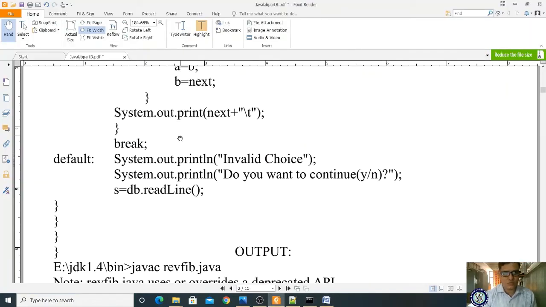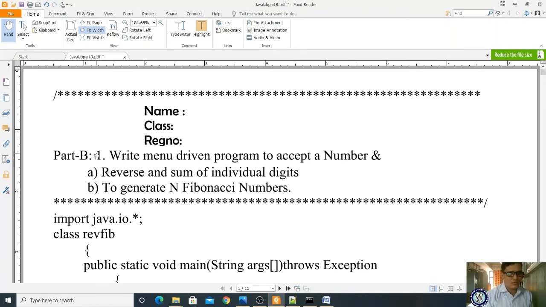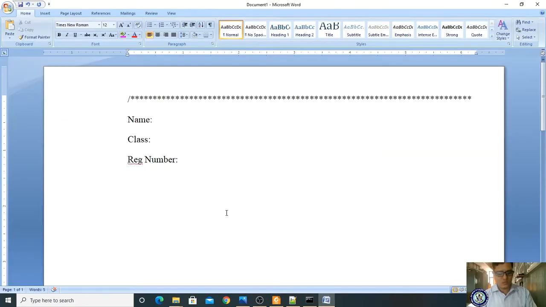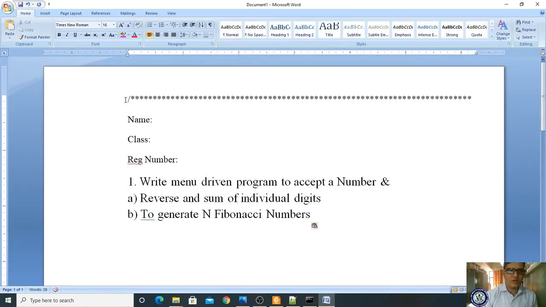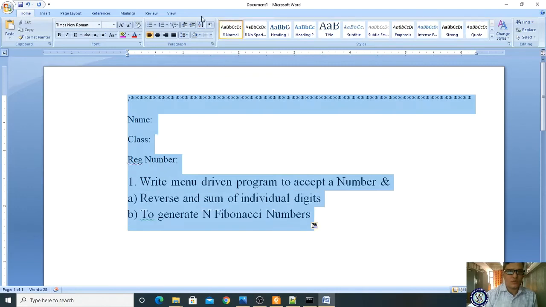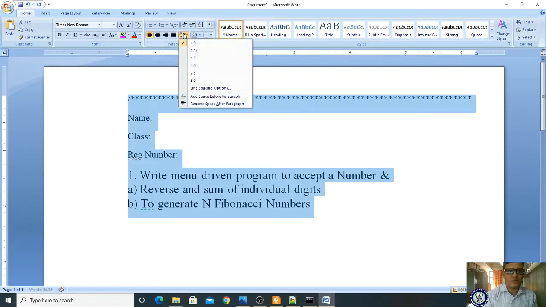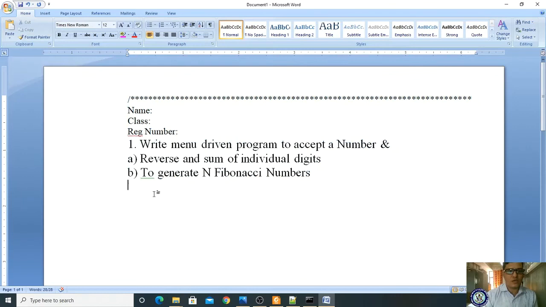What is the program question? You will write Part B, or it is better to always copy and paste it. Afterwards you have to select it and remove the line spaces after paragraph. Now use the star.